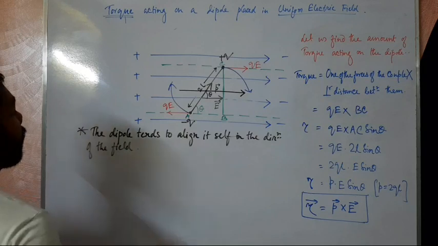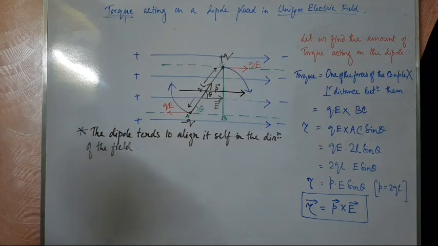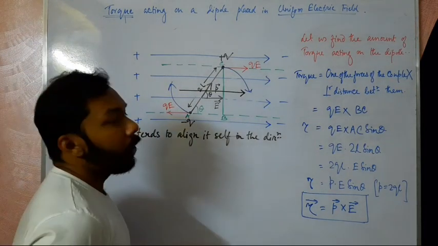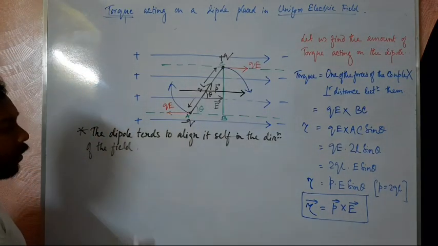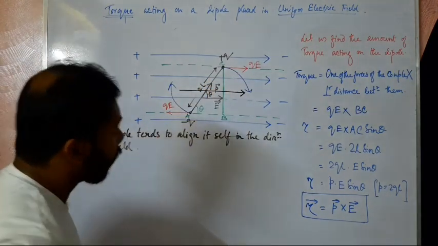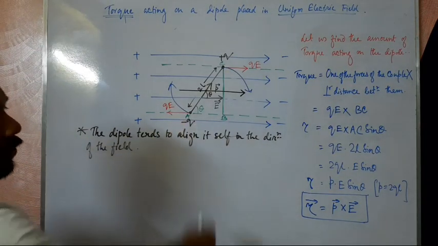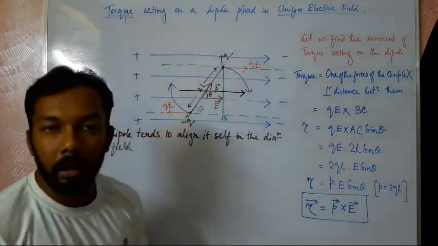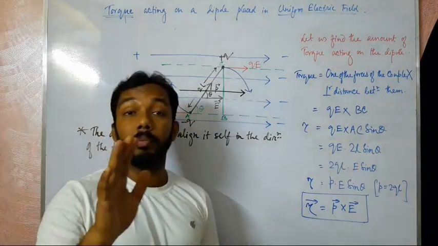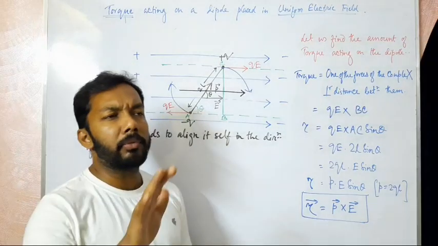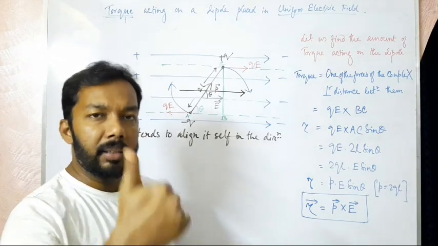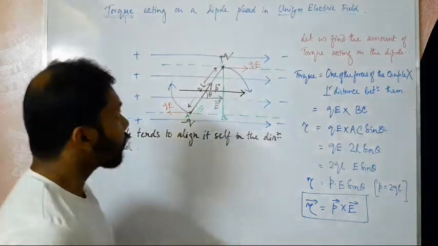By rotating, it will tend to align in the direction of the field. And while it rotates, a torque acts. Why does it rotate? It rotates due to a torque, and the torque is of course a clockwise torque, because it produces a clockwise rotation. To find the direction of any torque, we have to use the thumb rule. We have to curl our fingers in the direction of the rotation of the body, and the thumb will indicate the direction of the torque.